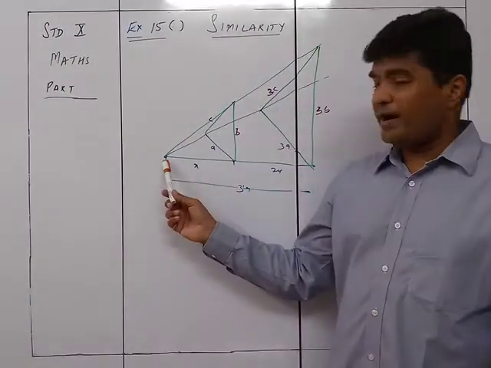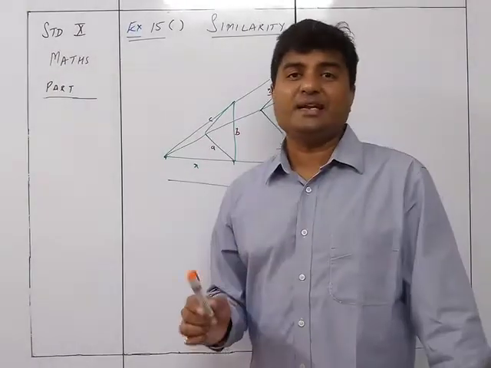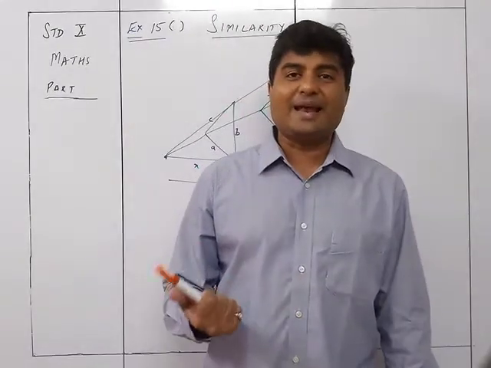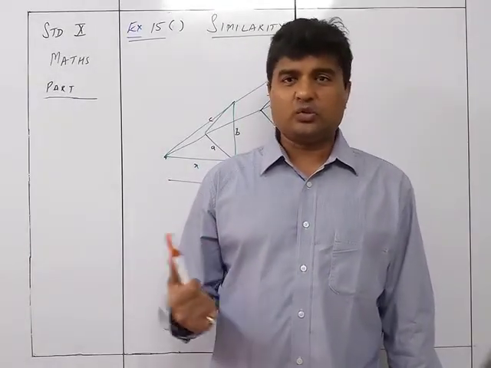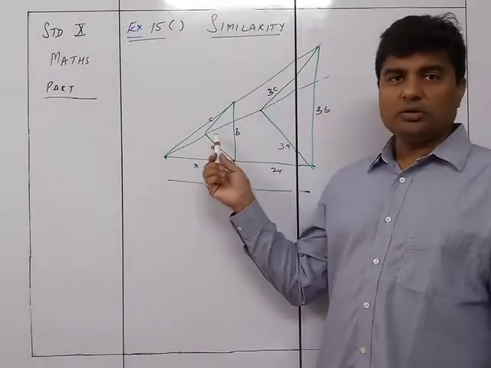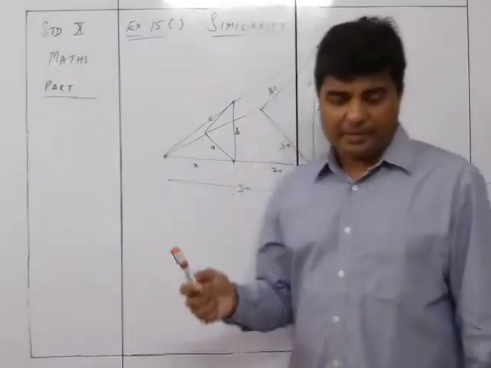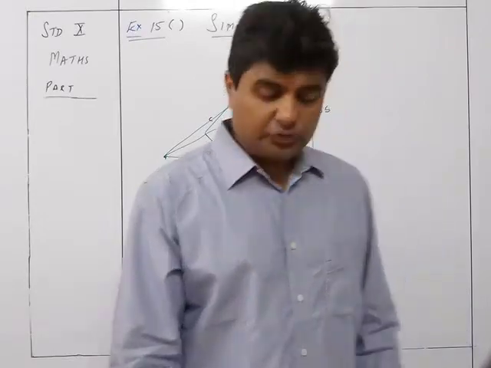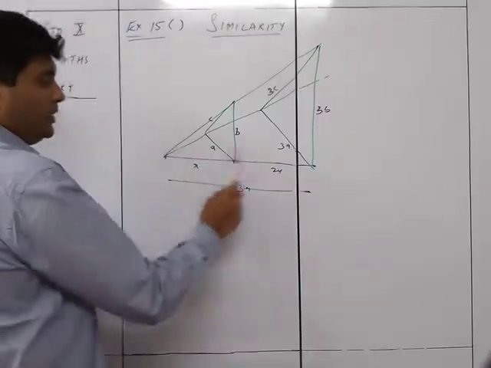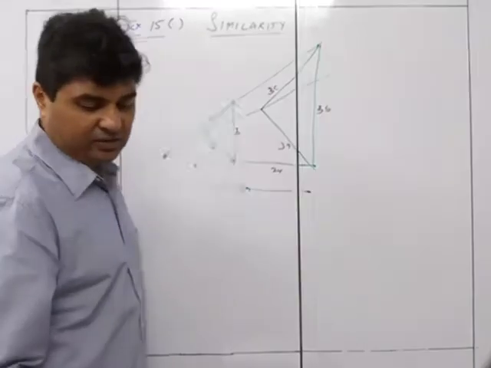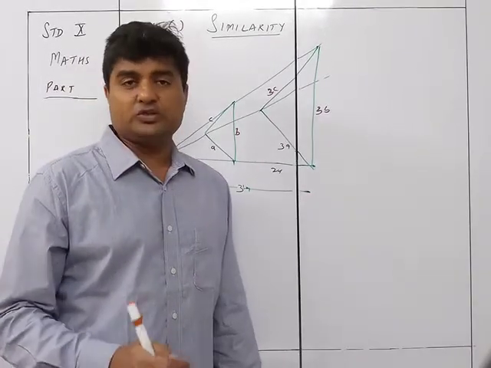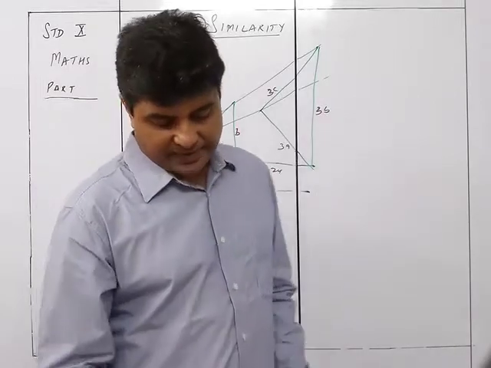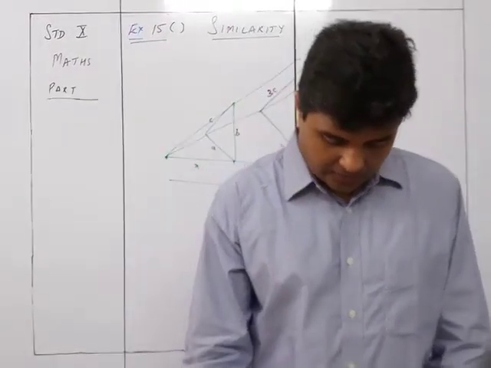And this point over here is called the center of enlargement. Or in case of a light, we are considering it as the light source, because from the source of light the shadow is going to be formed in that particular manner. Then this particular value over here is called the scale factor. The scale factor is the ratio of the new distance to the original distance. That is the scale factor over here.